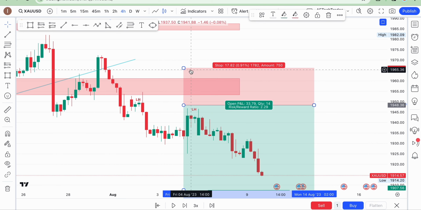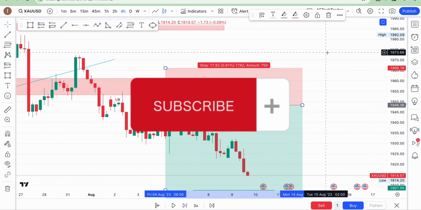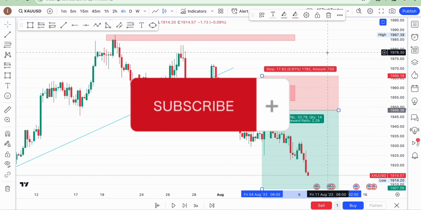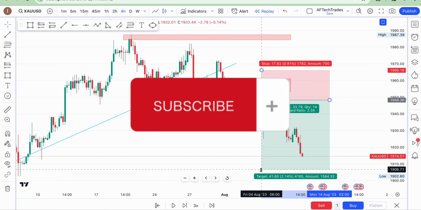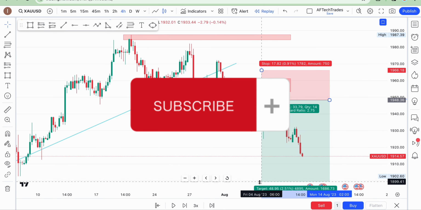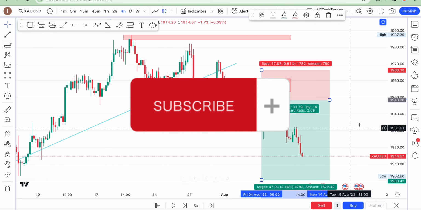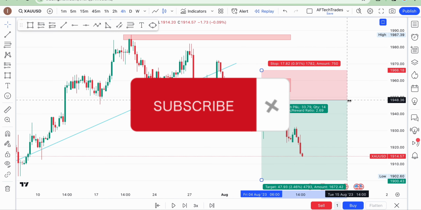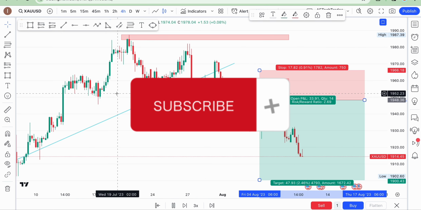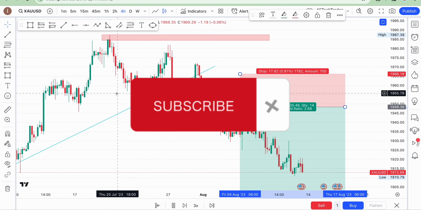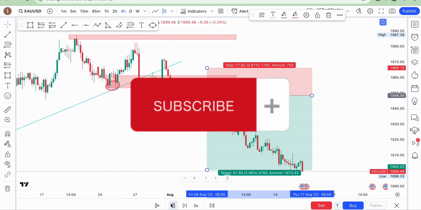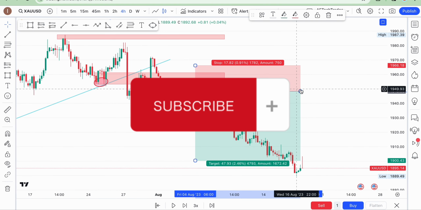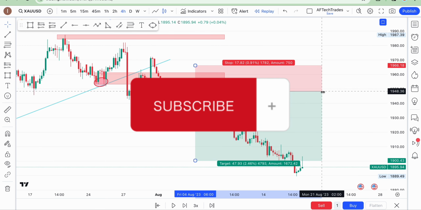There's no space. Let me minimize this so I can increase it for you to see. We say we should take 2 times our stop loss. So let's just see how this market will play around for us. So you see, this hits our take profits. This market hits our take profits, right?